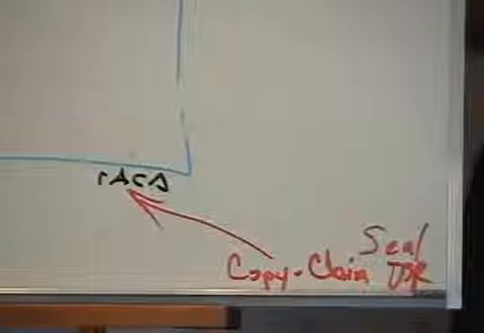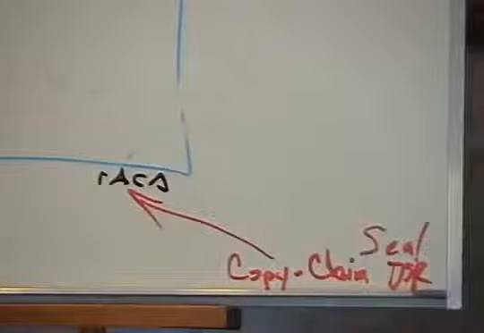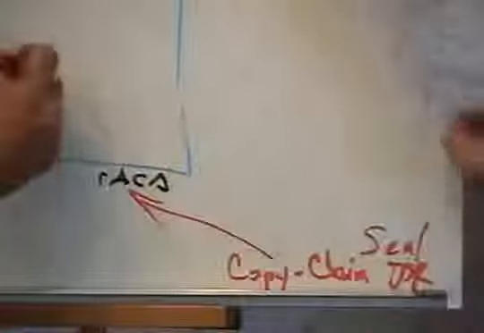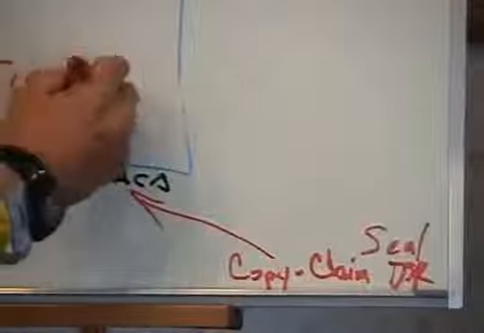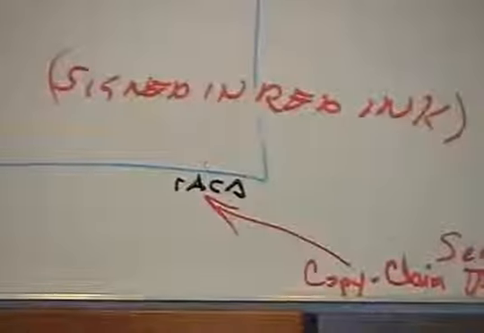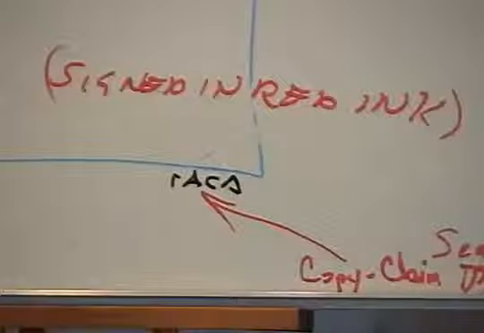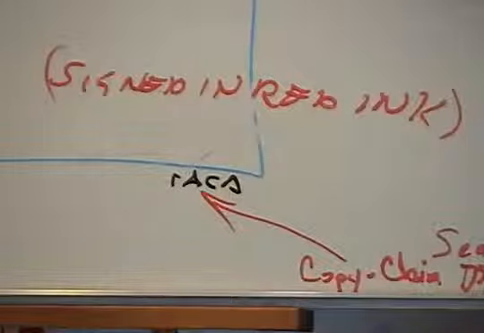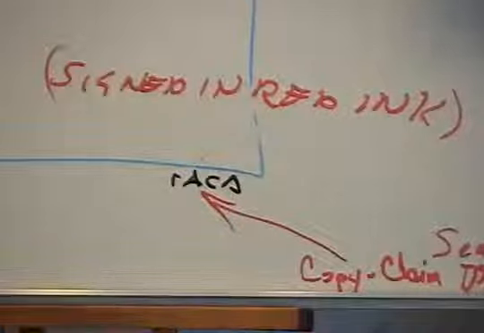Down at the bottom here, even under these new IACAs, we put this underneath the IACA, and because this is going to reproduce when you fax it in black, you write down here, signed in or autographed in, however you want to do it, red ink. The new national form, let's just say this particular form, the new national form will say IACA, we're in the place of the Office of the Secretary of State of Texas web form. If you notice, there's a little bit of space down here, and that's where we put it. Okay, and then if we turn it over on the back, we also do it in the back.